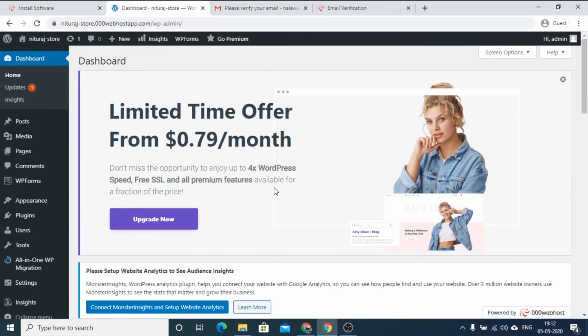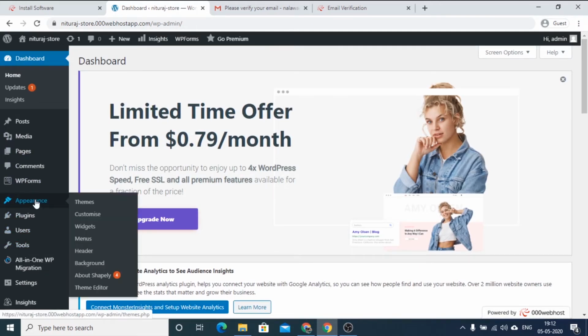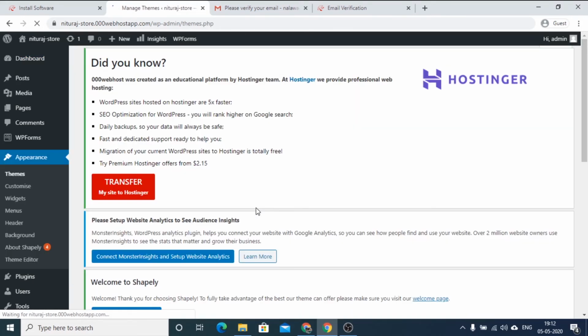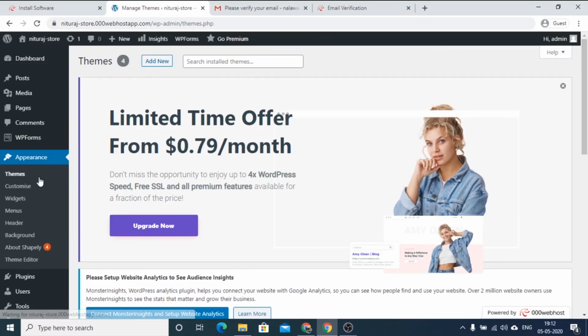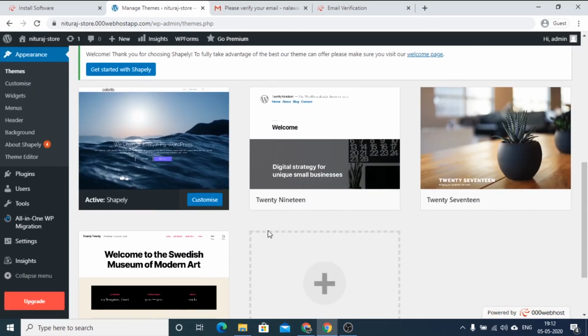Now the first thing we will do, since we are setting up an online store, is install a theme. So go to appearance, then themes. Here you can see various themes.